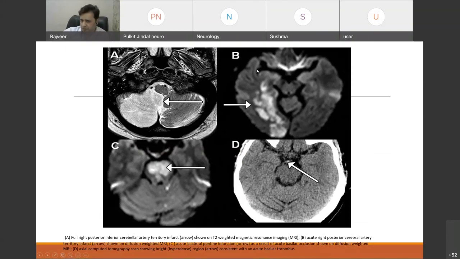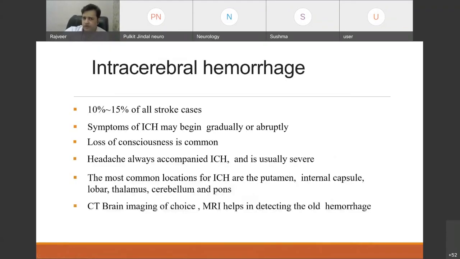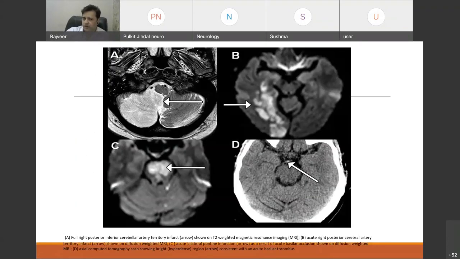This is the temporal lobe, and this is an infarction in the medial temporal lobe due to PCA territory involvement. And this is a pontine infarction, involvement of the pons. You can see hyperintensity. And this is a CT scan showing, it is not clear, a hyperdense lesion in the basilar artery due to acute thrombus in the basilar artery. Sometimes we can diagnose thrombus in the major vessels due to the dense sign. So that's for ischemic stroke. I will now go into detail of the various syndromes of the posterior circulation.